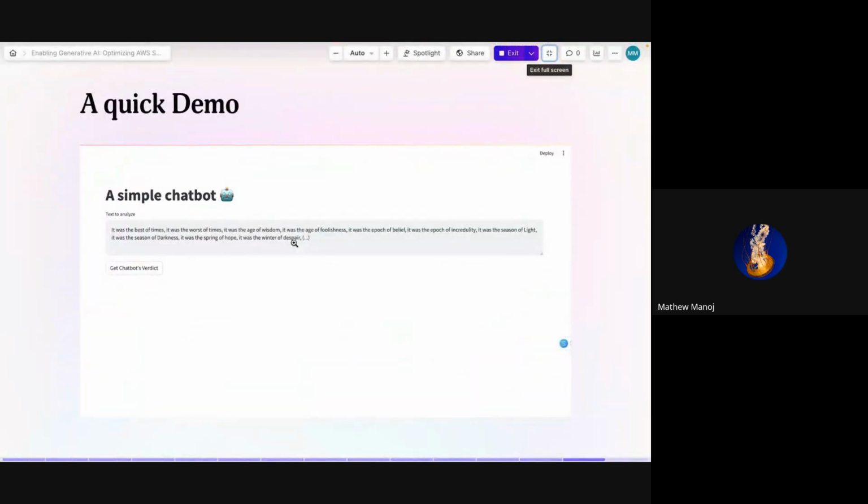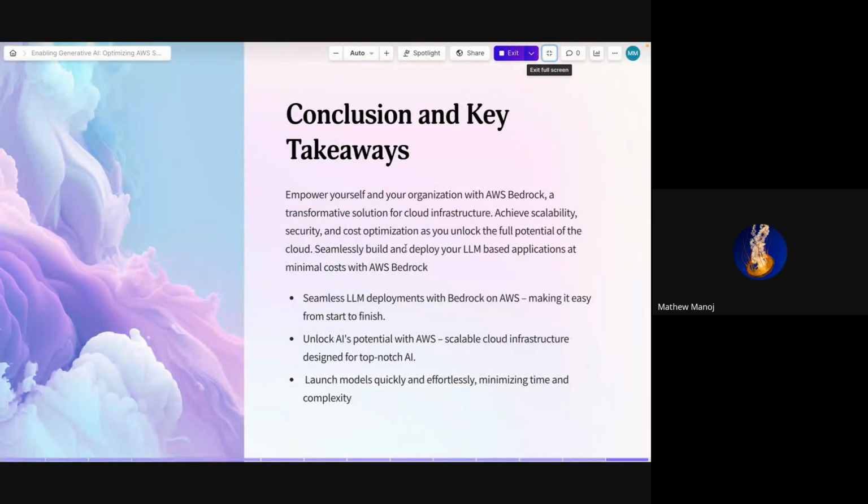Finally, I'd just like to end with how innovative and how big of a deal AWS Bedrock is: you can make your own LLM, you can make your application for no cost, and you can keep trying out and making your own things, and at any point you can know how much you are spending through the AWS services.